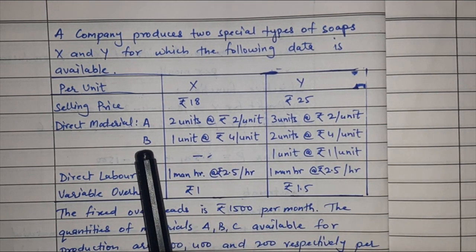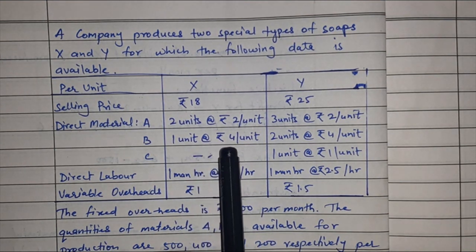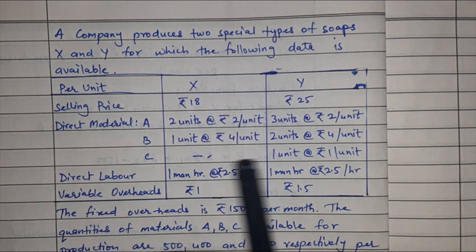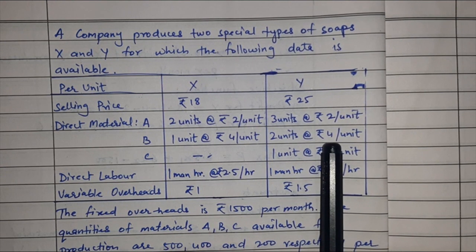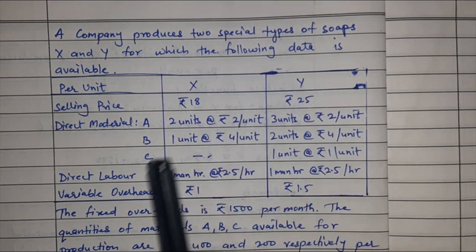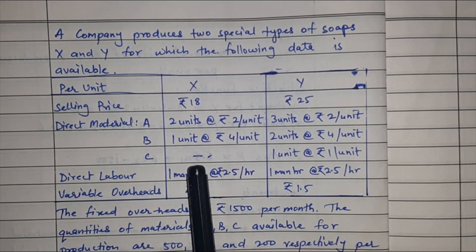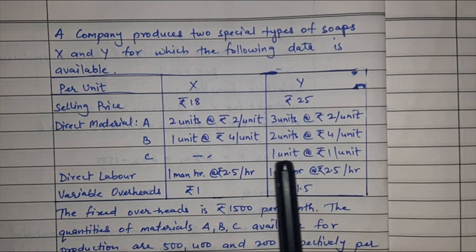For material B, 1 unit at rupees 4 per unit for X and 2 units at rupees 4 per unit for Y. For C, we do not have any units for X, whereas for Y, we have 1 unit at